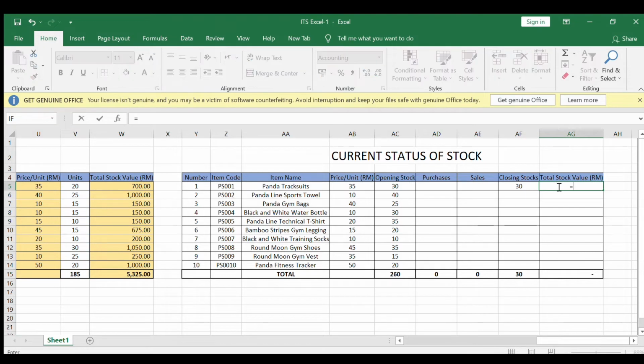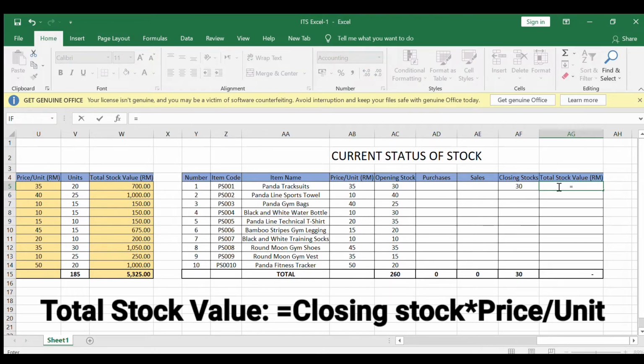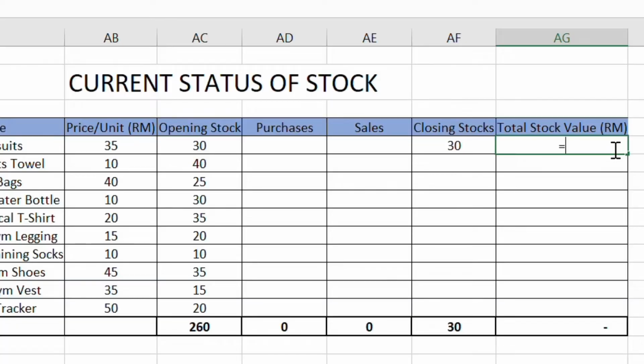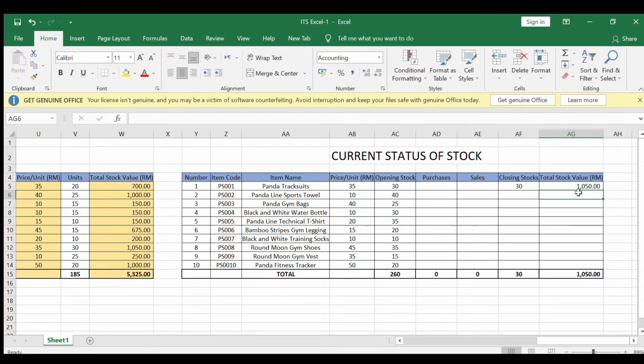And next, in order to calculate the total stock value of our current status of stock table, we will use the multiply formula, which is equal and closing stock, and then we will multiply. We use the asterisk symbol in order to multiply with the price, and then you can see there is the total value of our stock, and then we can drag it out in order to calculate the whole column. And next,